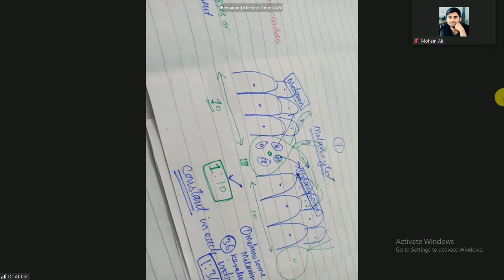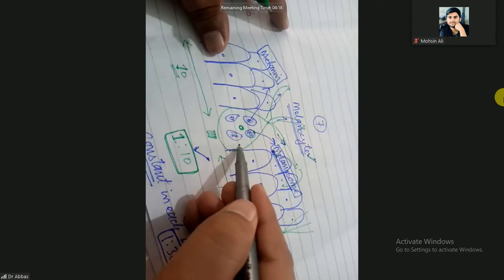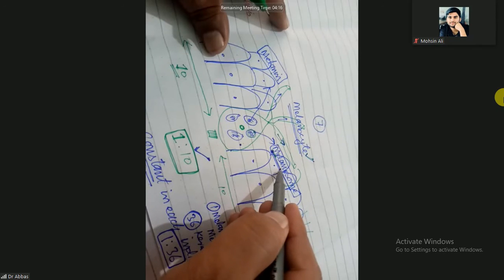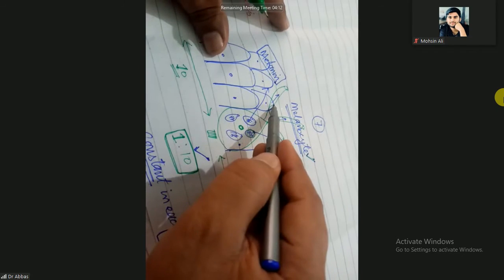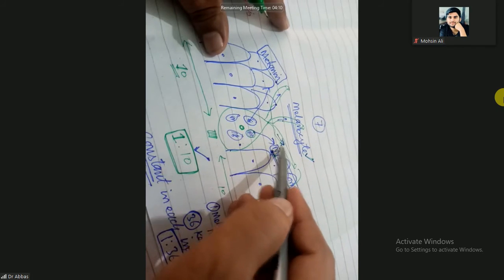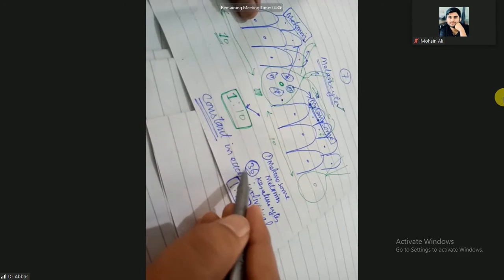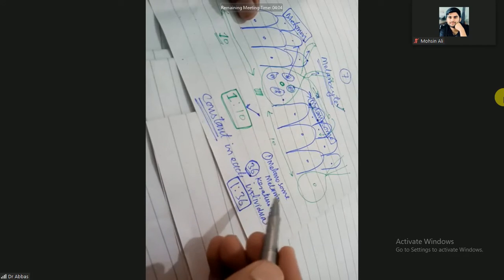The number of melanin-producing cells is constant. So one melanocyte with the help of the melanosomes can transfer melanin through these processes up to 36 keratinocytes, and this is known as